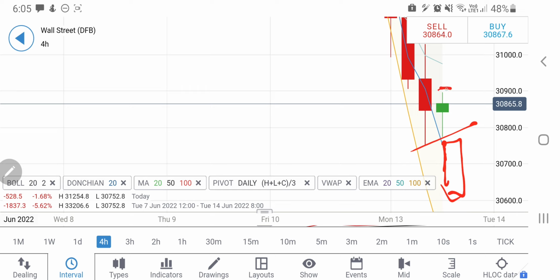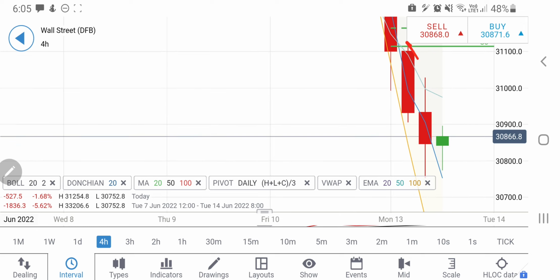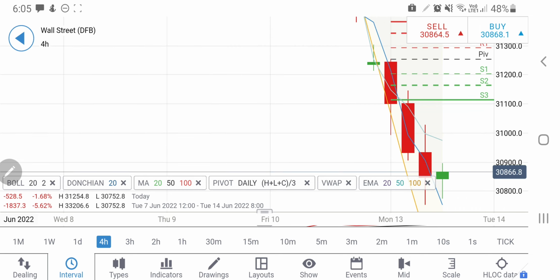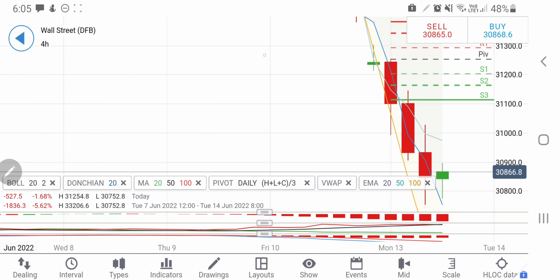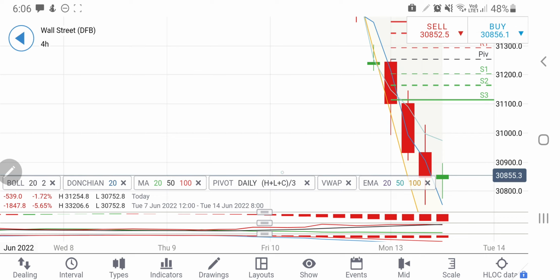On the upside, 3900, 920 may provide a resistance. If it breaks past 3920, one can expect it to rise. How high can it go? See, on the upside, if you connect the dots here, you will find that it is still trying to trade within this zone. The highs are well connected here, and that is why the 3950, 920 zone should provide a resistance. Beyond that, we can expect a sharper rise towards 31,000, 31,100, and beyond that it can rise strongly on the upside.